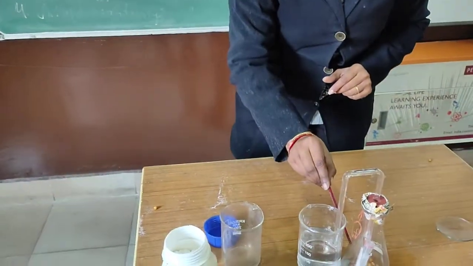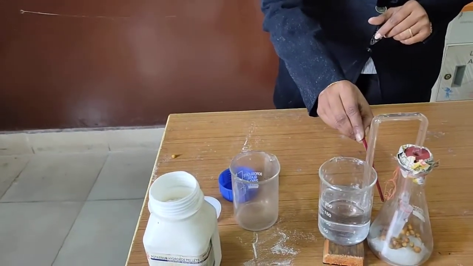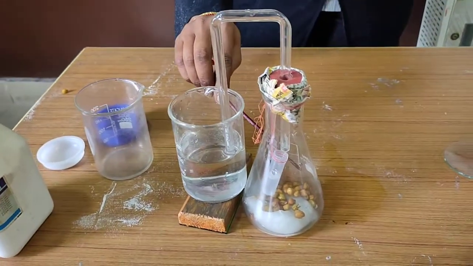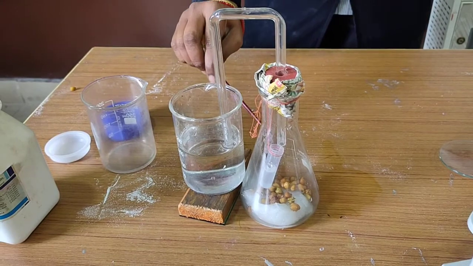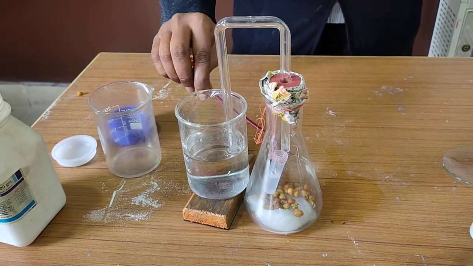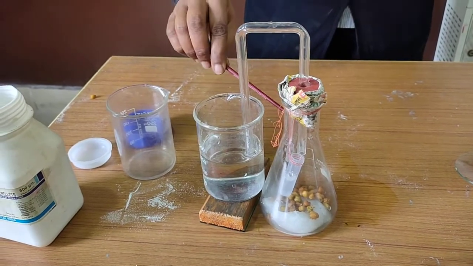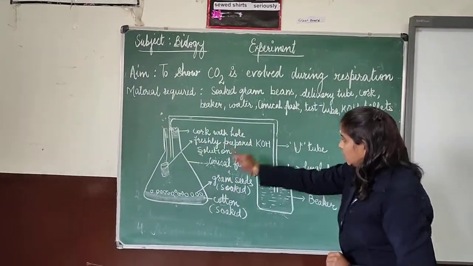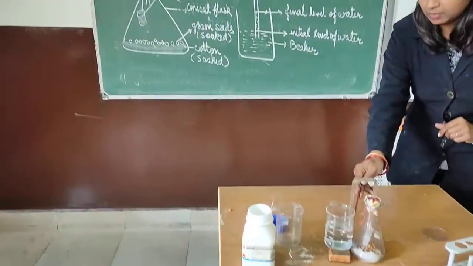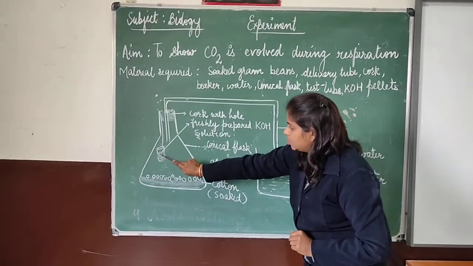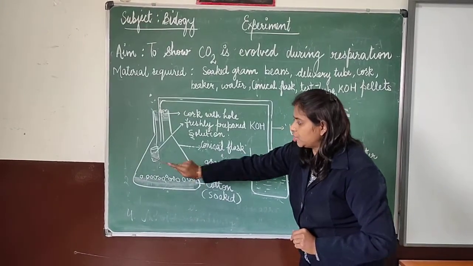Now we have taken KOH, freshly prepared KOH, as you can see. Why have we taken KOH? Because when carbon dioxide evolves, because these are the seeds, so you all know respiration will be there. They will respire, and when they respire, what will happen? Carbon dioxide is released. Now you can see it here, and it will help you to understand in a better way. This is the same setup, as you can see, what I have done. So now this freshly prepared KOH solution I have taken, that is potassium hydroxide.